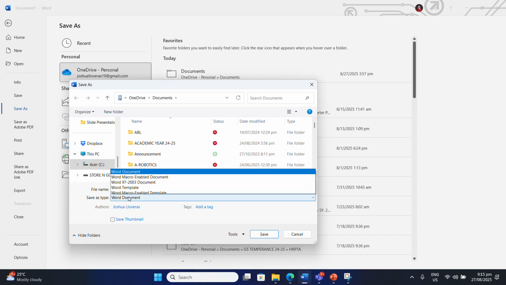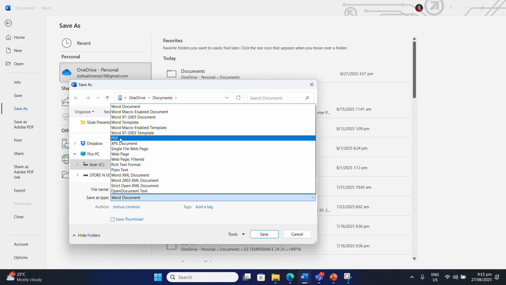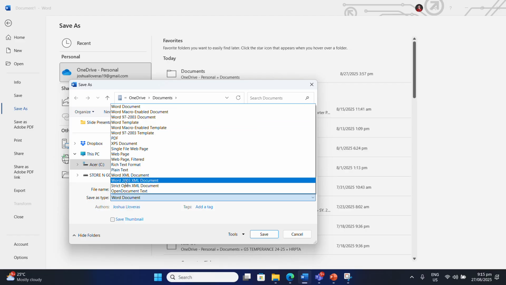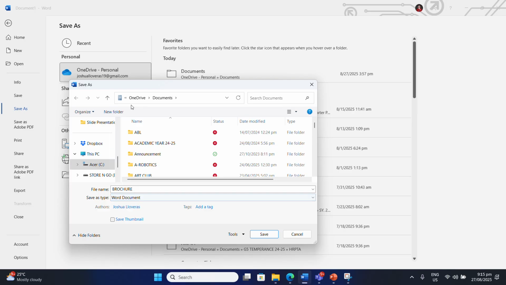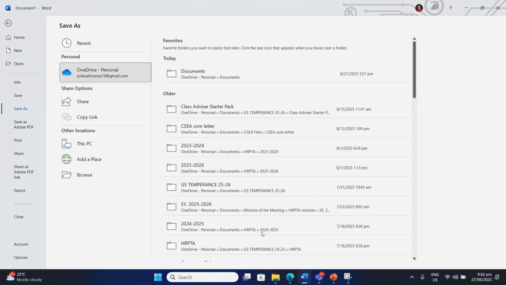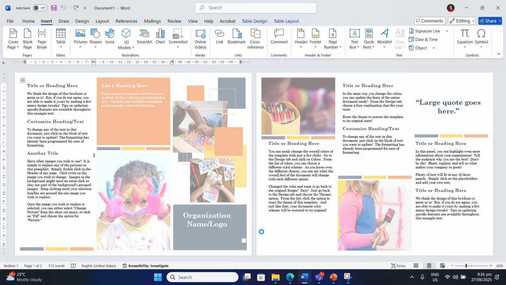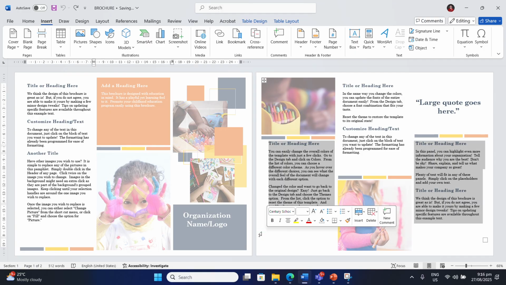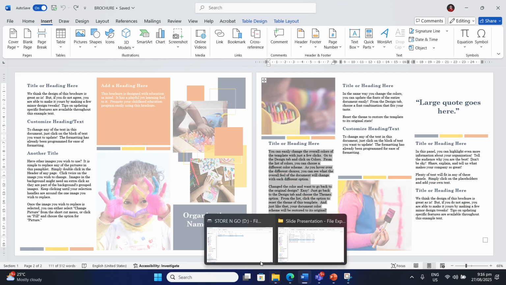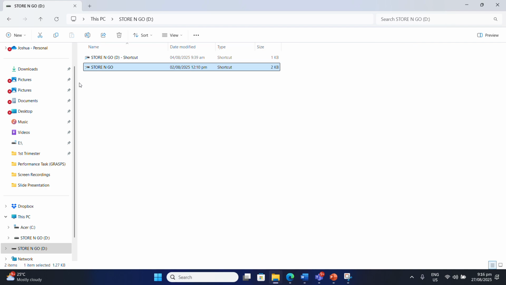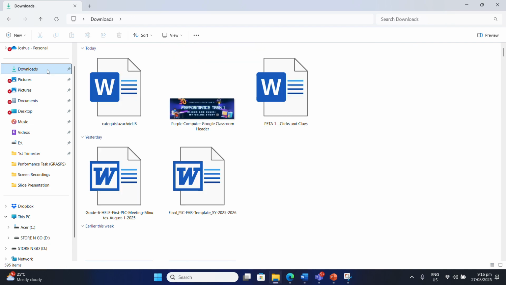This is save as Word document. You can also save as PDF or in any different file types. Now, in this case, we're going to choose Word document and then we are going to click save to save your project. Always make sure that after you do your projects in MS Word, you are going to click save in order for you to save your file, of course. And after that, we are going to the file explorer. Let's see if that really saved your file. Let's go to the file explorer.